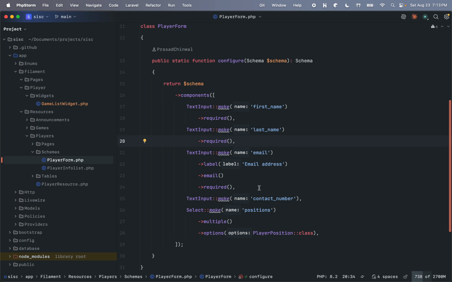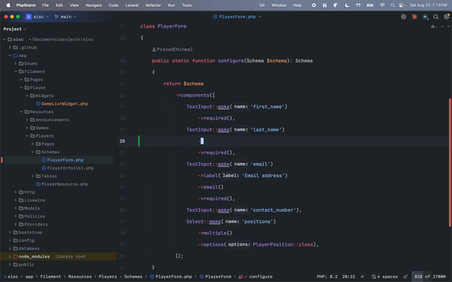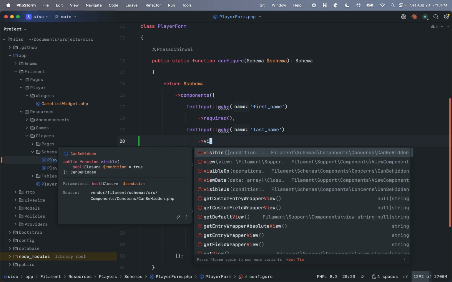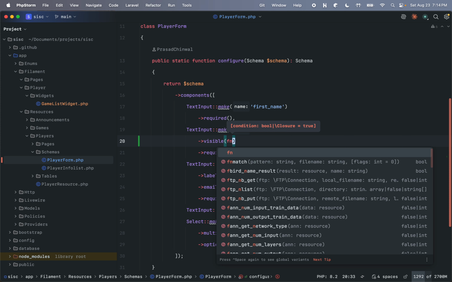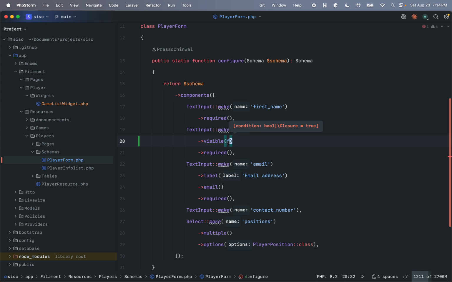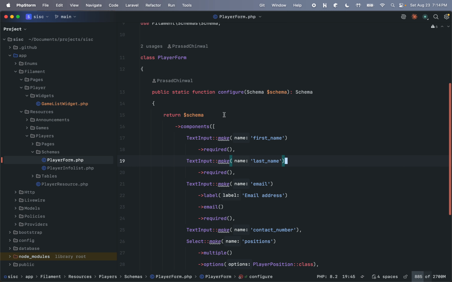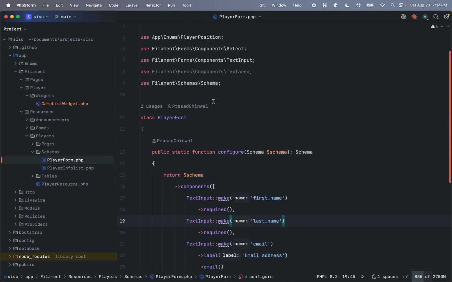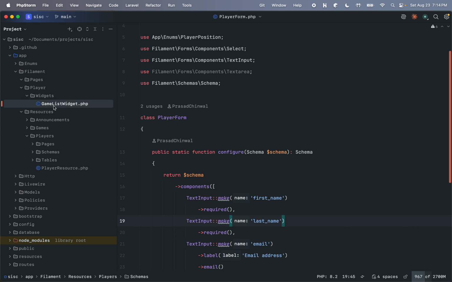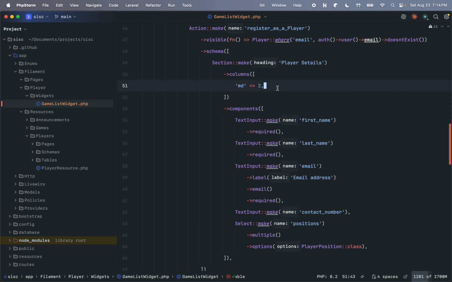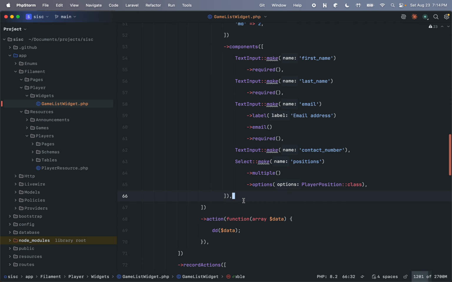The only reason I'm not doing it right now is because I want to make sure that if, let's say for example, we write some sort of logic here, right? So let's say visible function, and maybe call like if auth user has role or something. We never want to do this. You always want to do it through the policy so that it affects everywhere, and that's the reason why the Filament team has made these schemas into its own separate folder. That's the whole reason. But I'm pretty sure let's just carry on with this and see how we can affect it. So